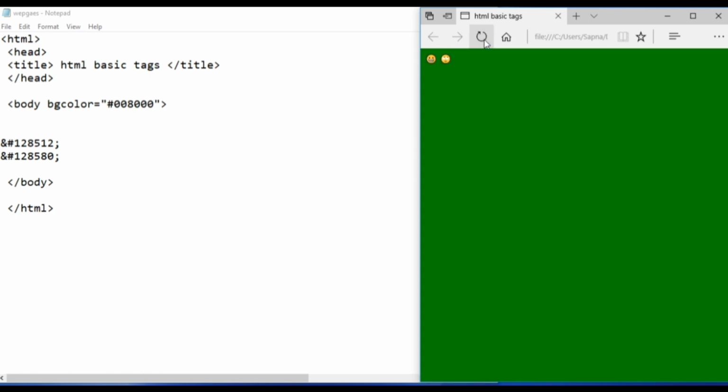So in this way we can use this color code under the font tag also, under the body tag also, wherever you have to use the color. We can also use the color code for applying the color. Now next we are going to start